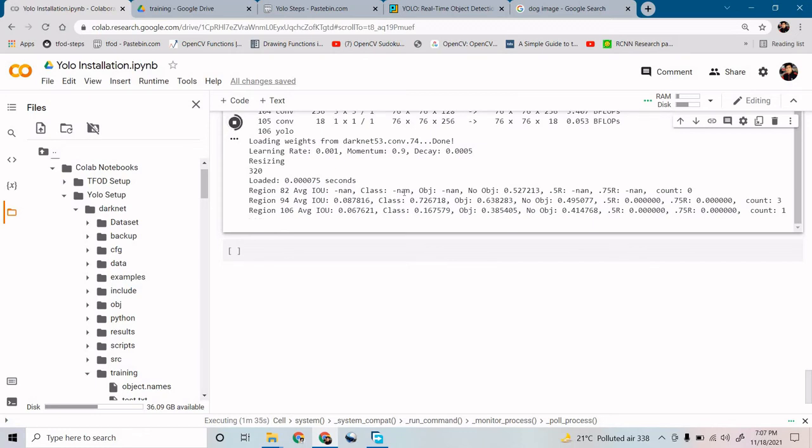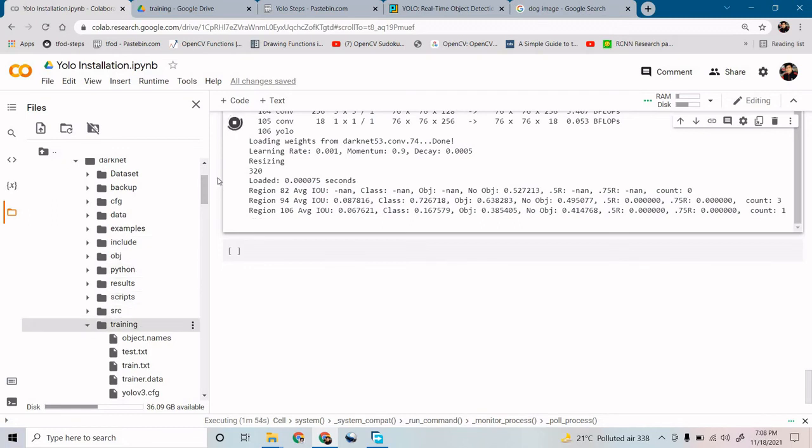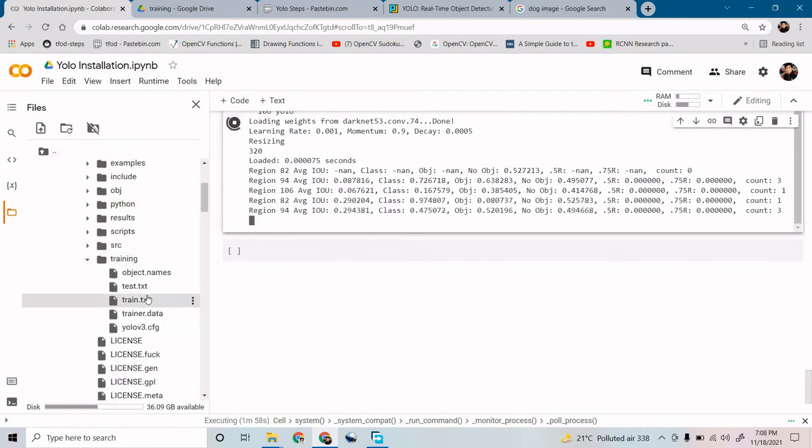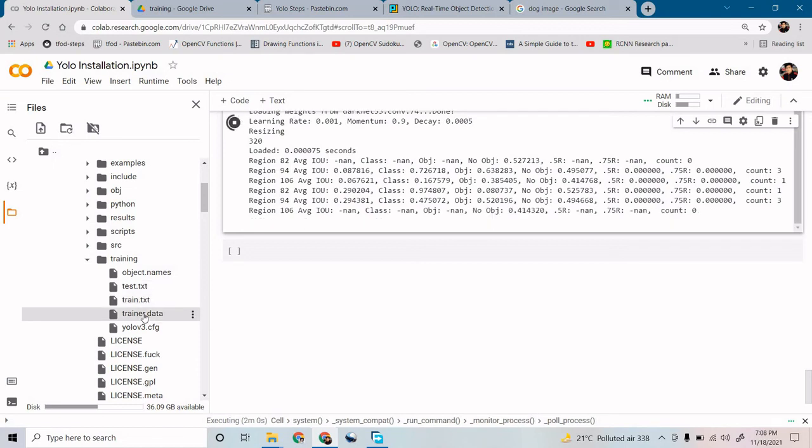Guys, if you have any questions, you can write and I will try to answer them. You will get all these files. This is my data set. I have done all the annotations. You will receive a generate.py. First of all, just remember the steps. You need to create a training folder. Inside this, you need all these files. The txt files you need to create with the help of your data sets and split it.